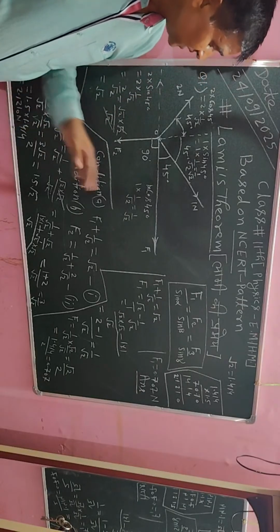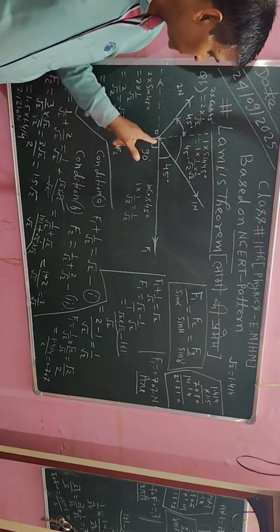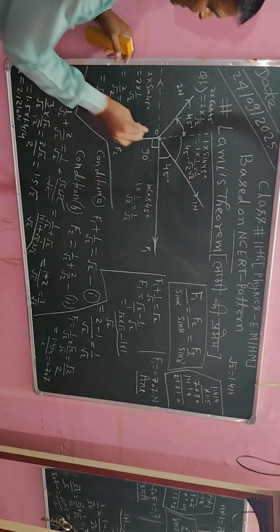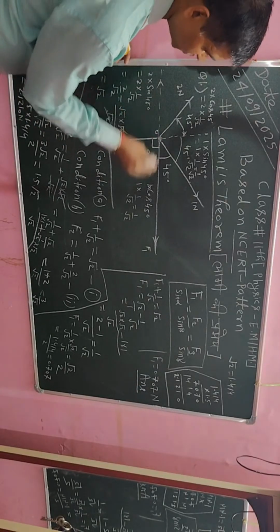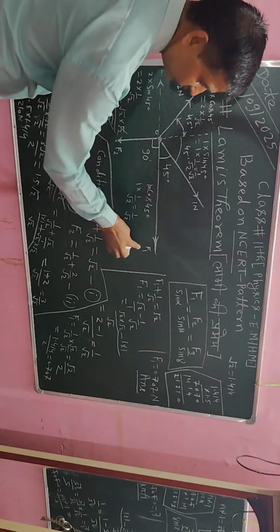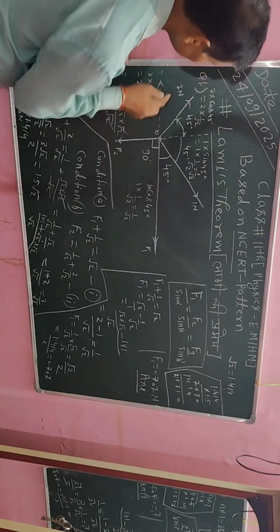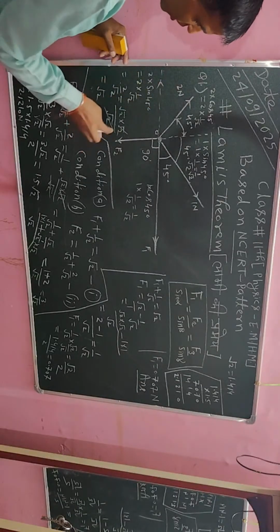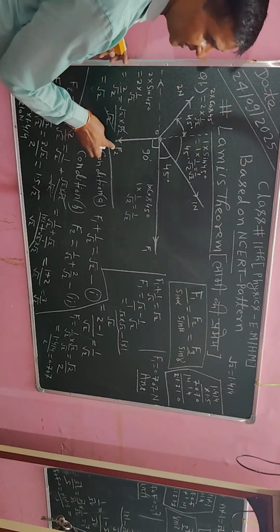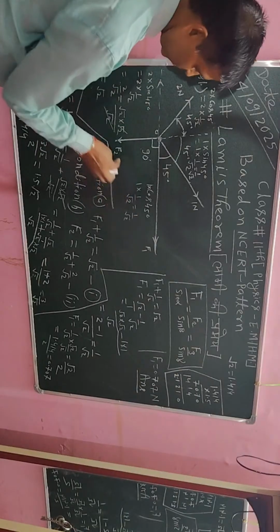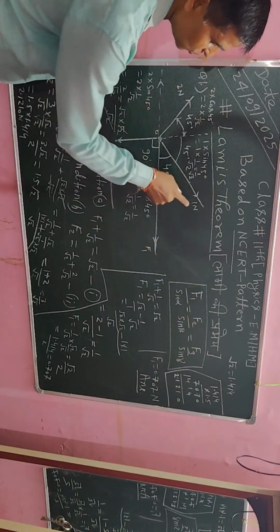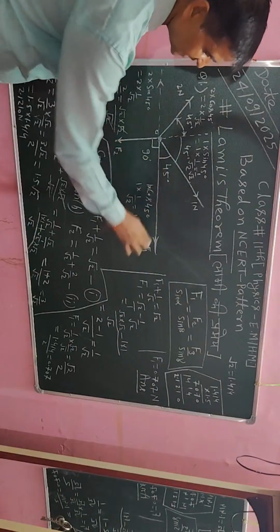Okay, इसमें 4 फोर्स दिया गया है। एक वस्तु पर 4 फोर्स एक्ट कर रहा है। एक फोर्स का वैल्यू F1 के टर्म में दिया गया है, दूसरा फोर्स 1 न्यूटन में दिया गया, तीसरा फोर्स 2 न्यूटन दिया गया है और चौथा फोर्स F2 के फॉर्म में दिया गया है। तो हमें फोर्स F1 और F2 को कैलकुलेट करना है।